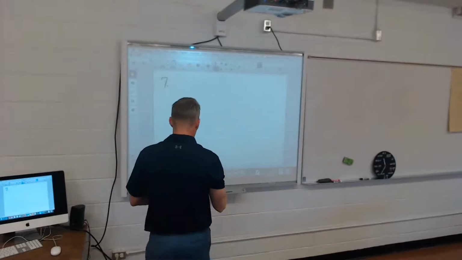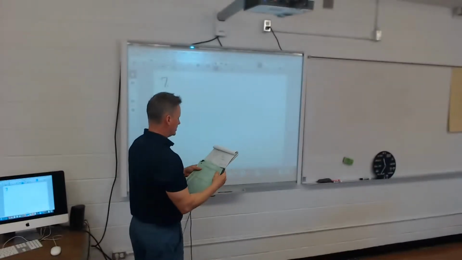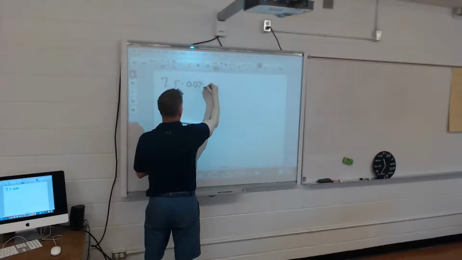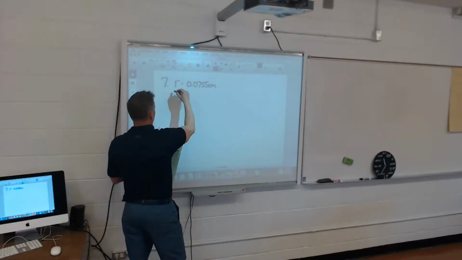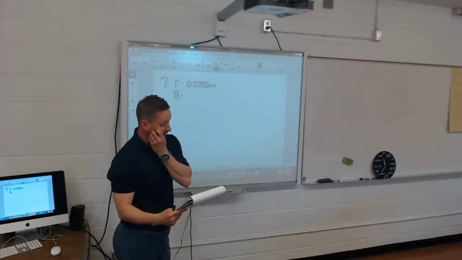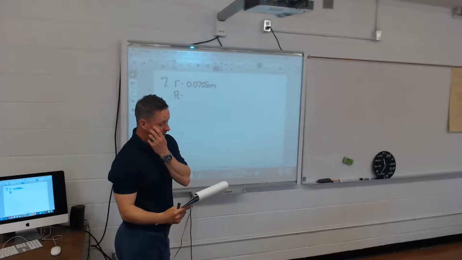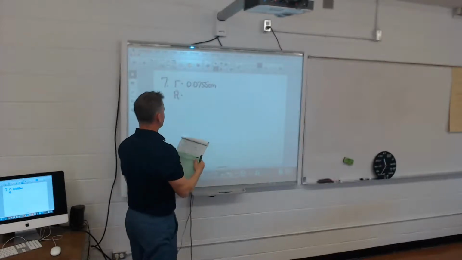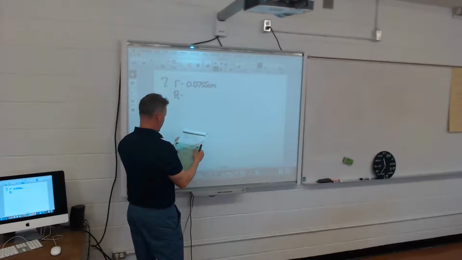I'm given a diameter of 1.55 millimeters. So I change that to a radius of 0.0755 centimeters. I divide it by 10 to get it to centimeters, and then I divide it by 2 to get the radius. Now I multiply it by pi and square it, and I ended up with